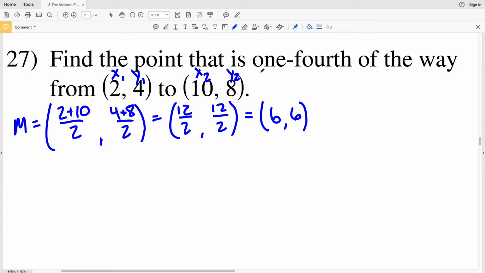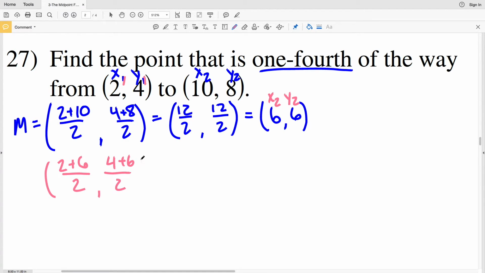However, we're looking for the point that is 1/4 of the way from our first endpoint. So now we're going to use our starting endpoint, (2, 4), and find the midpoint between (2, 4) and (6, 6). Using the midpoint formula again, our new x2, y2 is (6, 6), but we're still using x1, y1. So now we have (2 plus 6) all over 2, and (4 plus 6)